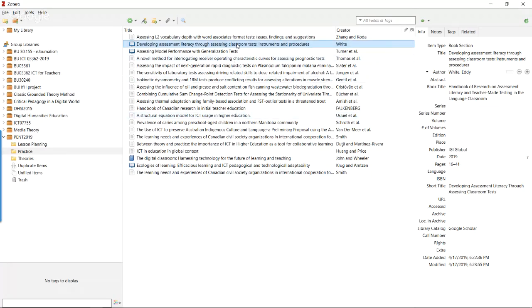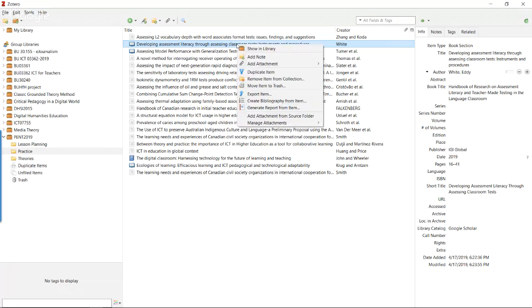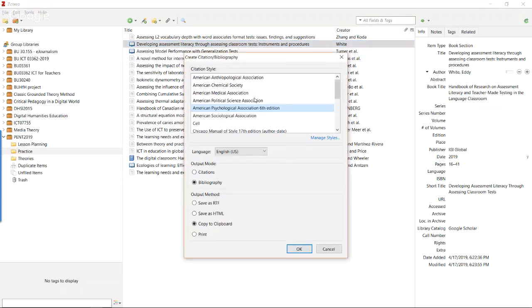Then when I was creating, and this is what we did yesterday too, and what you missed, was going into this and creating a bibliography from that item. So that's that specific item. Create bibliography from the item. You got to decide whether you want it in APA format. 6th edition is what I require. I want it as a bibliography, and I want to save this now to my clipboard. So once I've said that, now I got to go find a place to put it, a document,